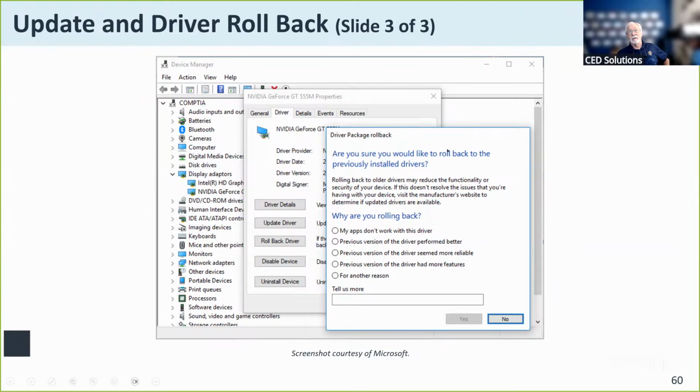I love the way now that when you're going into device drivers in the programs and features arena, it says, all right, well, why are you rolling this back? Well, it doesn't work anymore. That's why I'm rolling it back. And please do take the time necessary to fill out these queries.